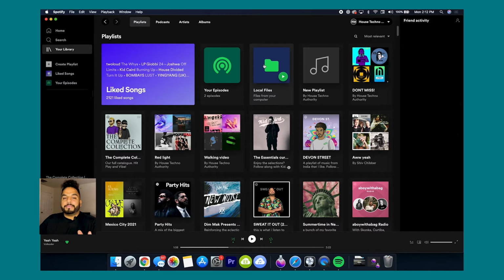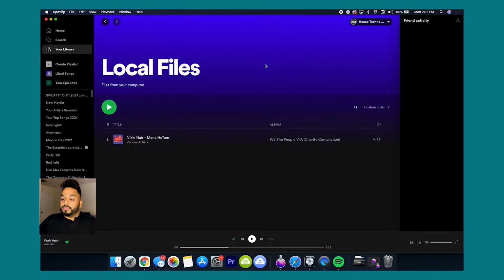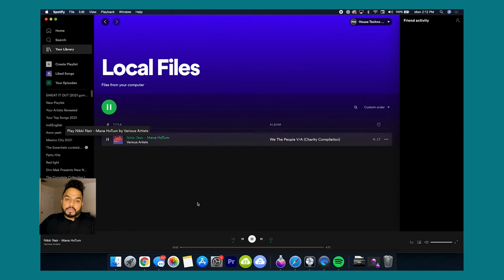Now you can go to your library and make sure that the song is actually synced to your Spotify account. So click on your library and navigate to the local files folder. Click on it and we can see that the song is synced to my Spotify account. Let me just double tap to see if it plays. Perfect, so it's on my Spotify account on my desktop, but now I have to get it into my playlist